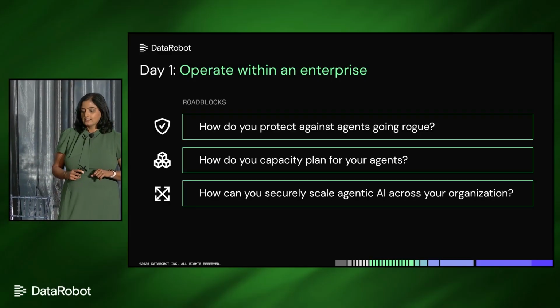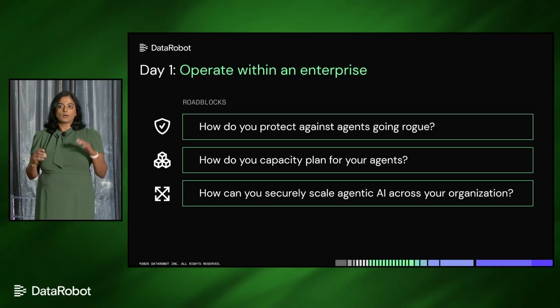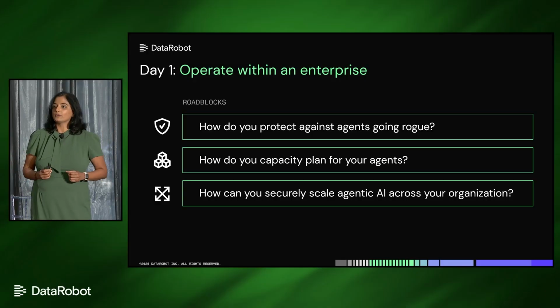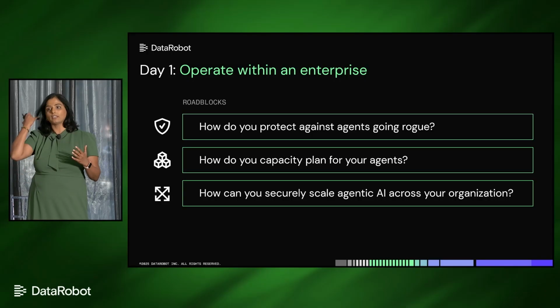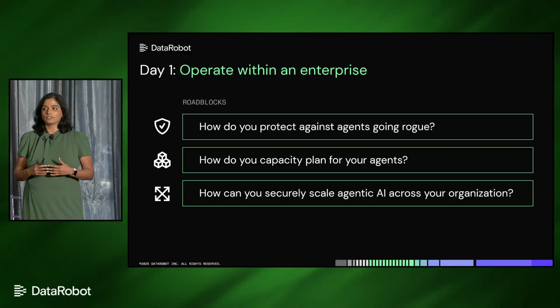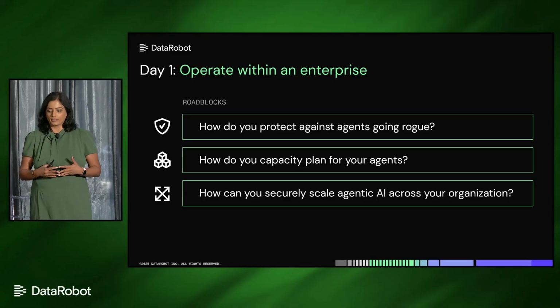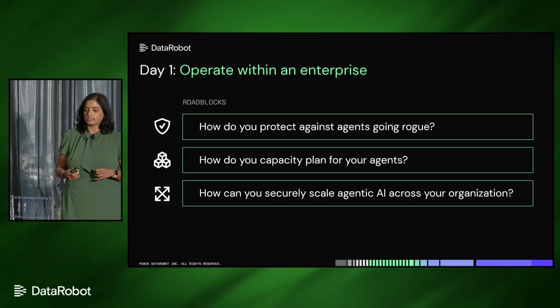And then lastly, it is not just one agent or one team, though that's the example we are walking you through. I am sure you have at least 5 different teams today who want to start on their agentic AI journey, deploy agents into production. So how do you securely scale agentic AI across your organization? All right. So there's a lot to unpack here. So we'll go back into the platform and let's take a look at how we address some of these concerns.